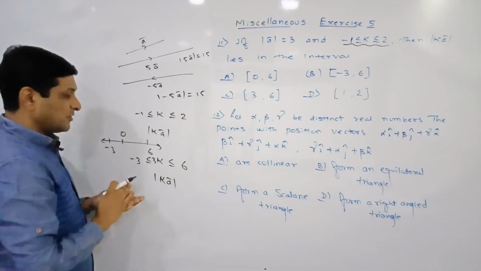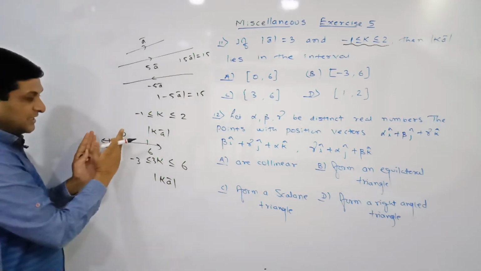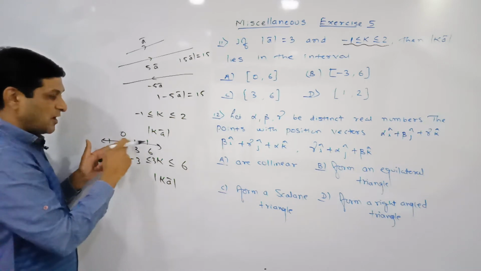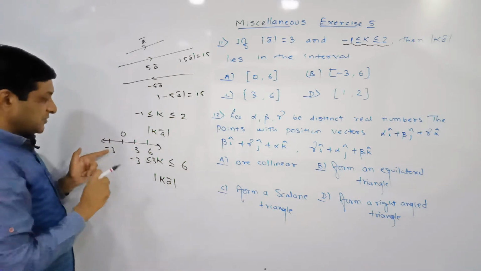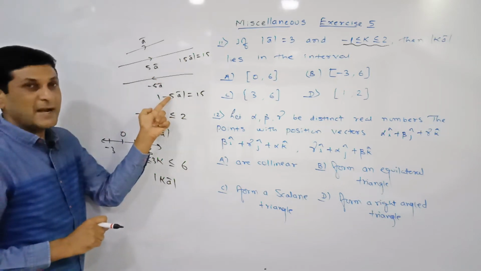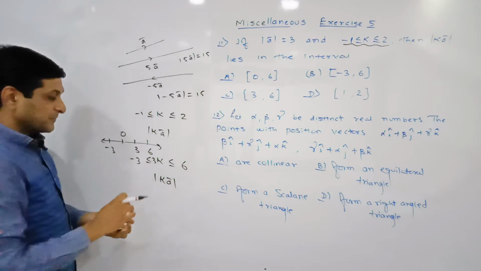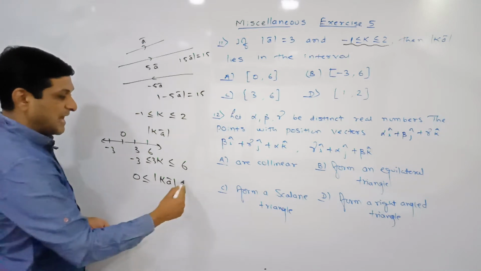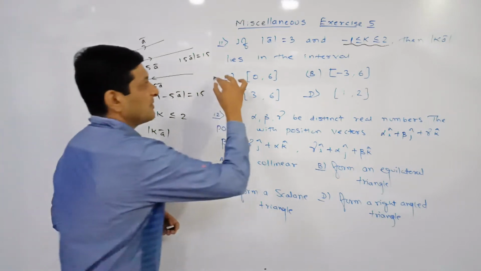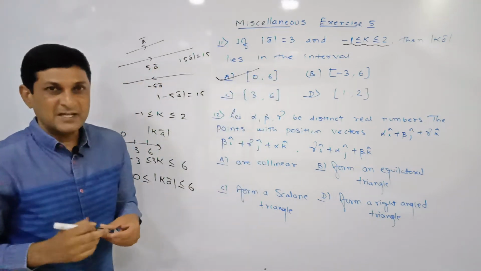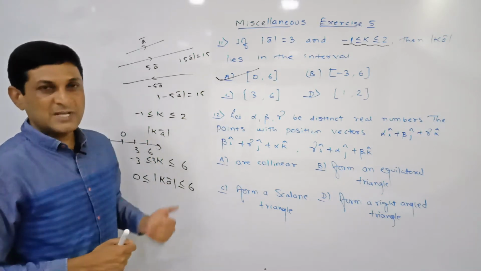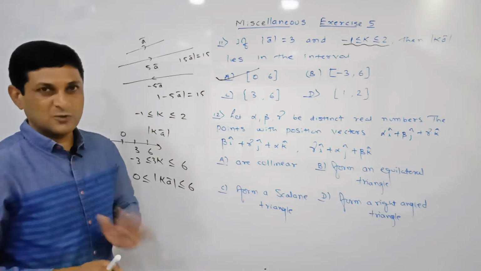So definitely, whatever the magnitude of k a bar may be, the values between 0 and minus 3 will correspond to magnitudes between 0 and 3. Because just now we have seen that either the number is minus 3 or plus 3, either the number is plus 5 or minus 5, the magnitudes are equal. That's why we can say that the magnitude will lie between 0 and 6. That's why we can say that the first option will be right. Magnitude means length, and length cannot be negative, so we are not considering negative values here. Hope you have got it.